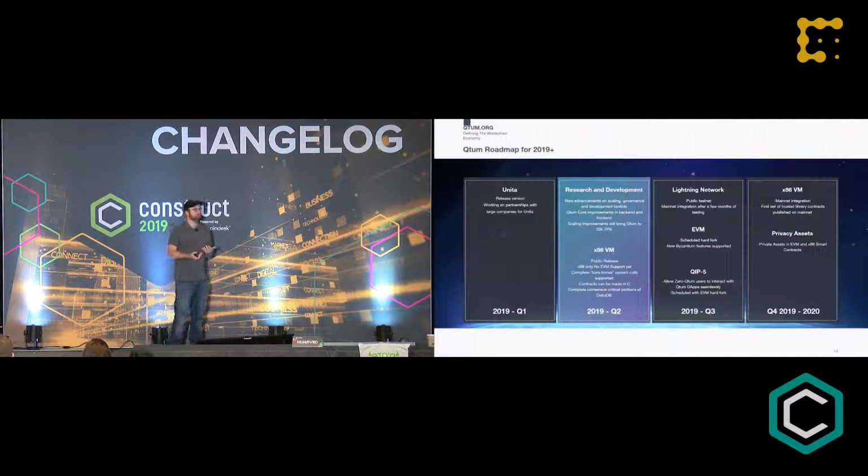Things like enabling use cases that weren't previously possible in any cryptocurrency, or at least not the main ones. And also adding storage rent, making it so that nodes can have a constrained amount of resources that they have to have in order to run a Qtum full node. And various other features like preventing developers from shooting themselves in the foot and losing a lot of money, basically. We're also going to have Lightning Network. We're going to have EVM improvements. Right now we're kind of out of sync with the main version of Ethereum's version of the EVM. So we've missed out on a few features